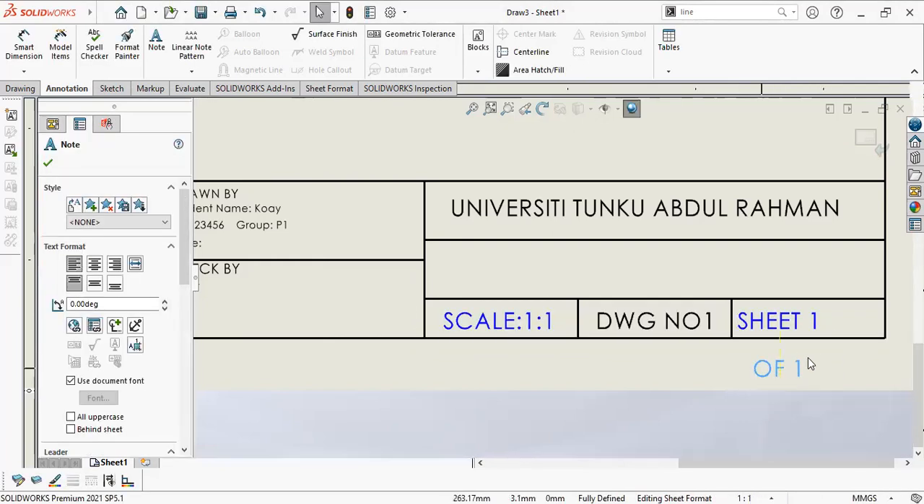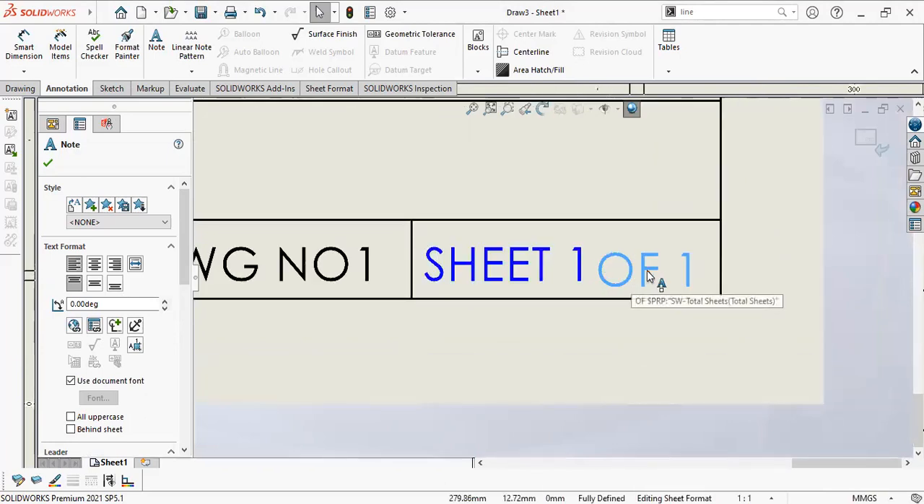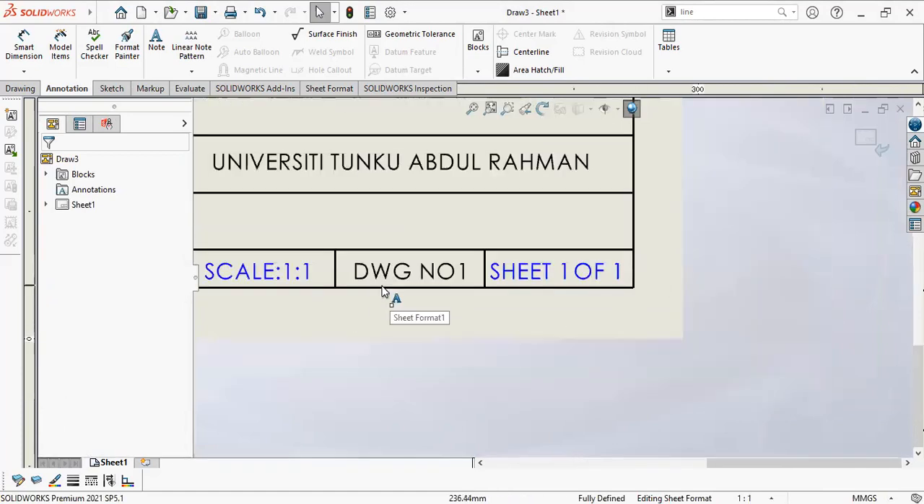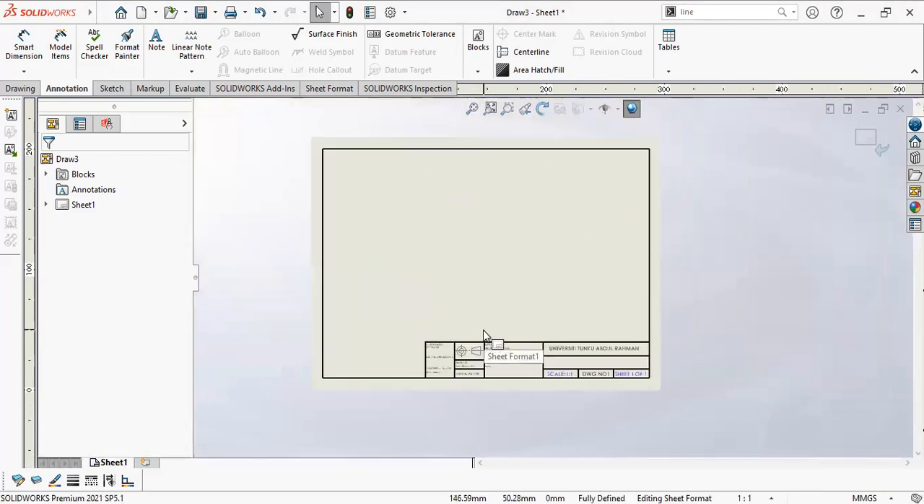So now I just move this over here. Can I make this align? Yeah, now it's aligned. Does it mean 1 of 1? Now when I create this, this is sheet 1. You can see under the tab here it is sheet 1. For example, I have one drawing, so this is sheet 1 of 1. So if I add another drawing,